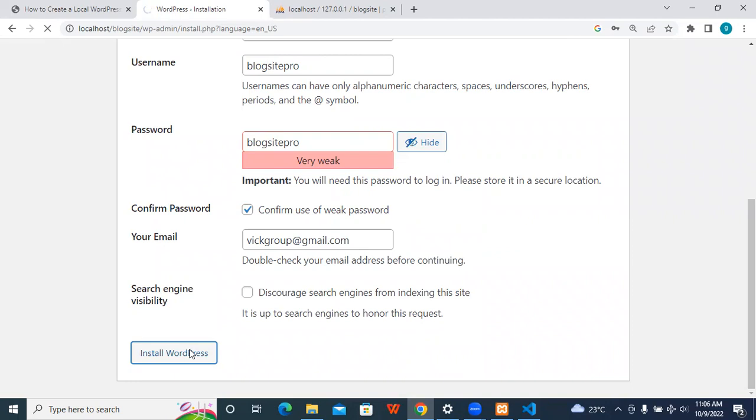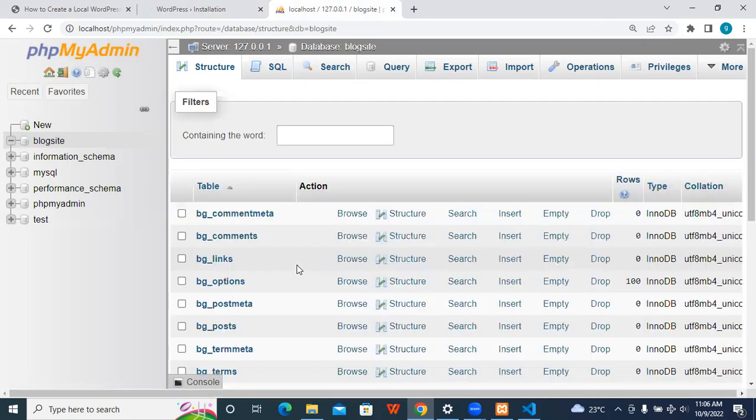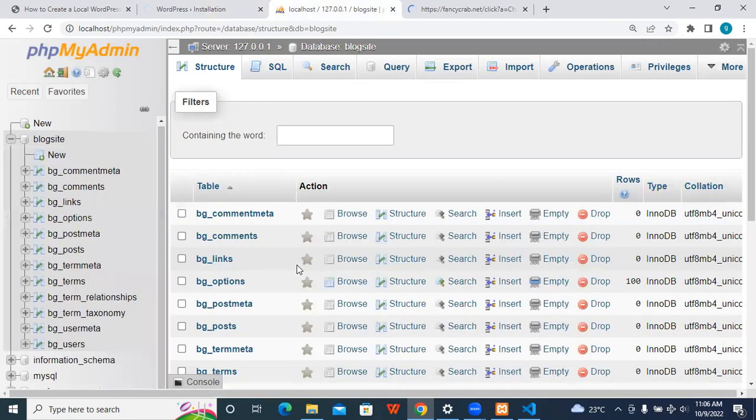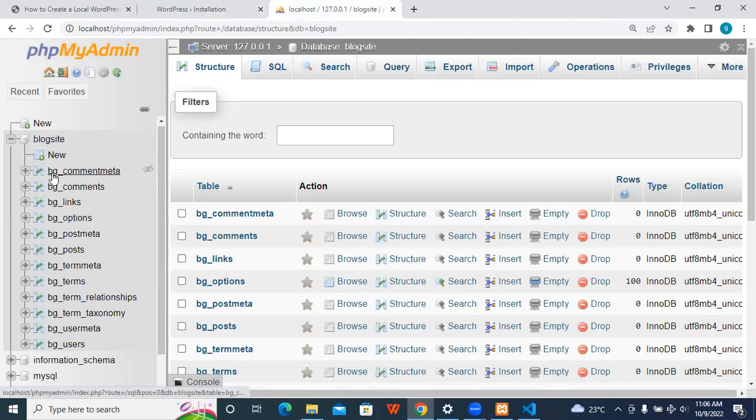So it's running now. Within a few seconds, we're going to have WordPress up and running. And this stuff is going to be updated, right? We'll have several table names, several rows, several columns. Awesome. So we have them already populated while the installation is ongoing, right? So installation is still going on. So I have, you see, the prefix I told you about, BG. So all of the comment meta tags, the comments, the links I have, the options I have, the post meta,